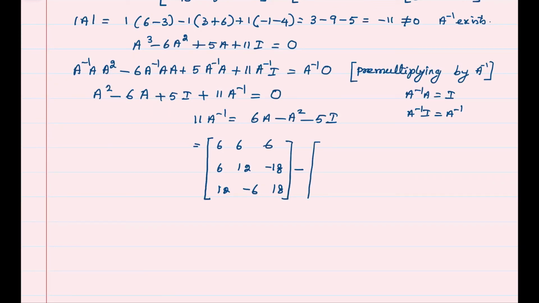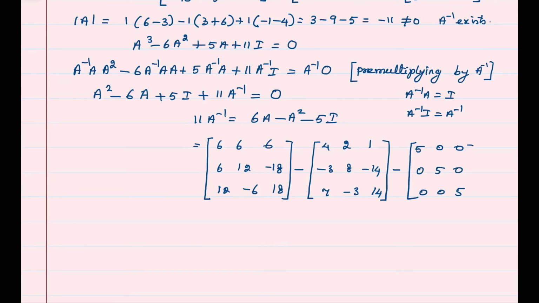Minus A square matrix is 4, 2, 1 minus 3, 8 minus 14, 7 minus 3, 14. Minus 5I is 5, 0, 0, 0, 5, 0, 0, 0, 5,